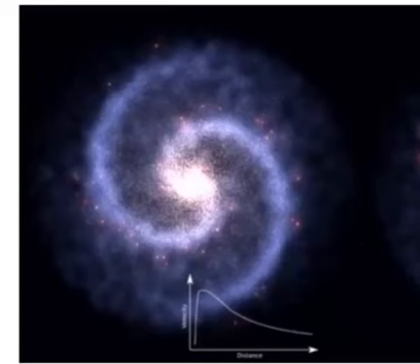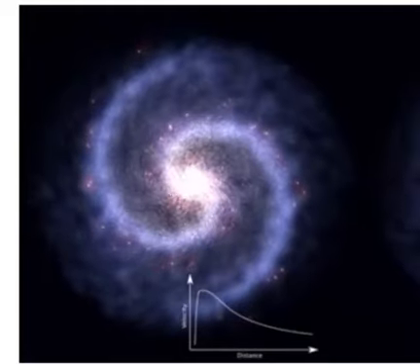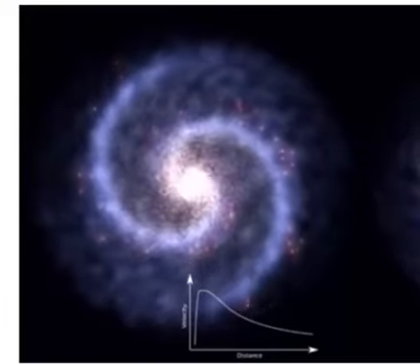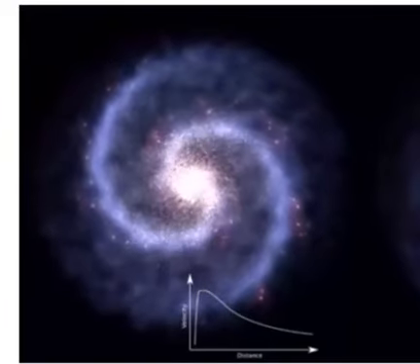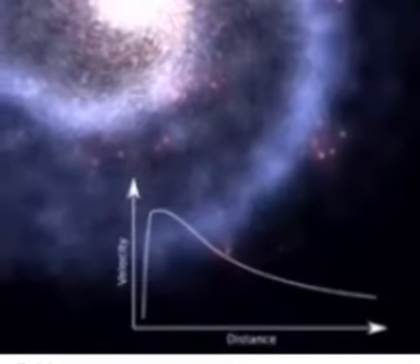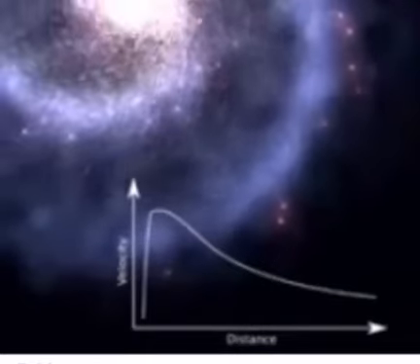And so what you would expect to see is that things orbit more slowly as you get farther from the center of the galaxy. Well, this is something that we can measure both within our galaxy and when we look at other galaxies. So here's what we'd expect to see. We'd expect to see here on the left-hand side is that things orbit really fast in the center, around kind of like Mercury going close to the sun. And as you get far out in the galaxy, things orbit much more slowly. And you see it represented in this graph at the bottom, where the velocity is the most towards the center, and it tapers off as you get further away.